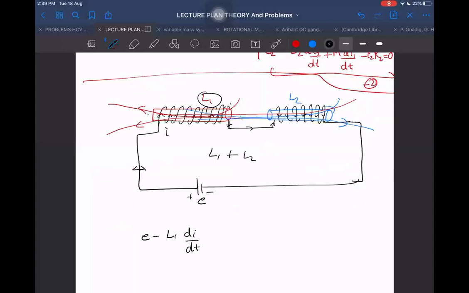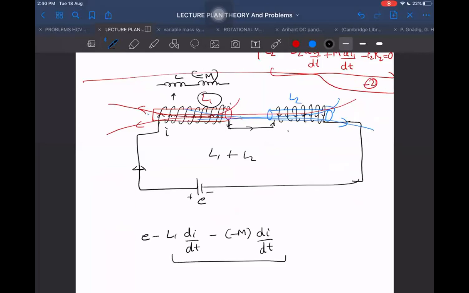And that mutual inductance means this inductor has two parts. It has a self-inductance part in series with what we can think of as a mutual inductance part. Is the mutual inductance of the same sign or of opposite sign? Of opposite sign. Why opposite? Because the blue field lines are opposing it. So I will write minus of minus M, but the current this time will be the same, di by dt only. This is the first term.